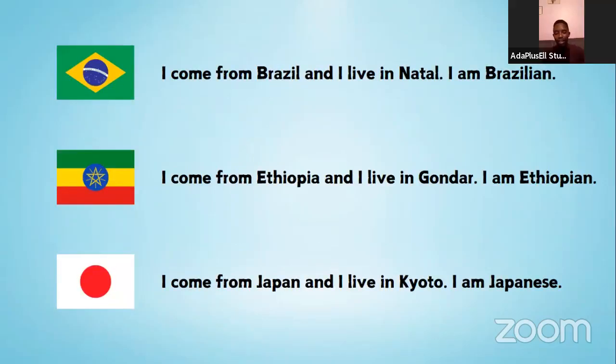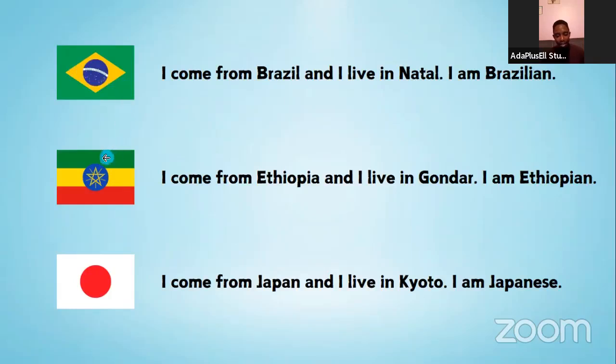So still here we had that where people are saying where they come from and where they live in, and this is the flag of Brazil. I don't know why it's this color. I will learn about it maybe one day. So this is the flag of Brazil, and it's green, yellow, and sky blue, I think. And it has a strip here which is white.